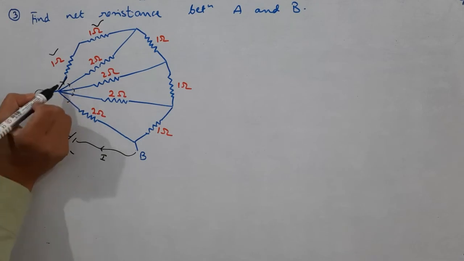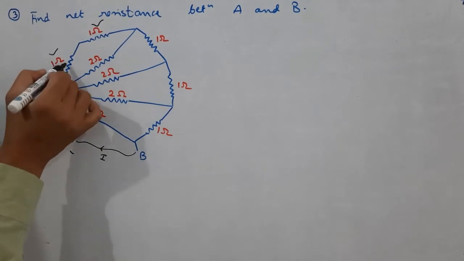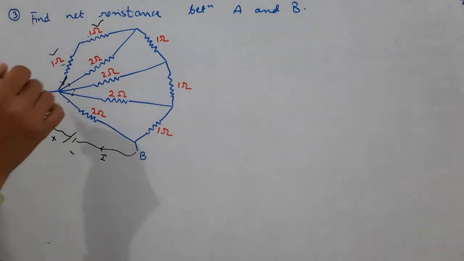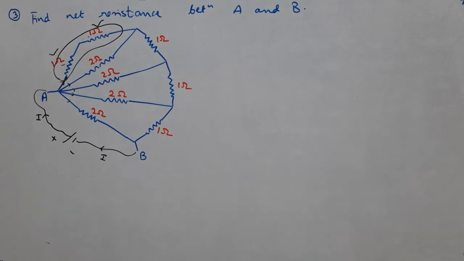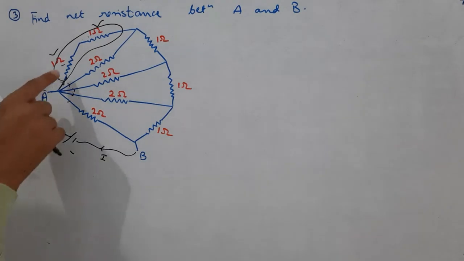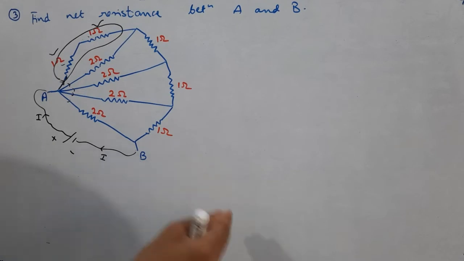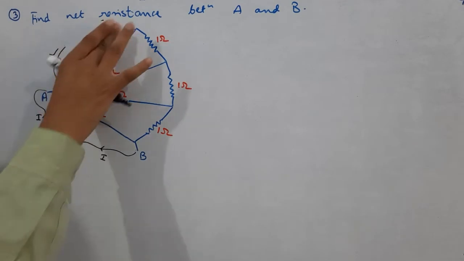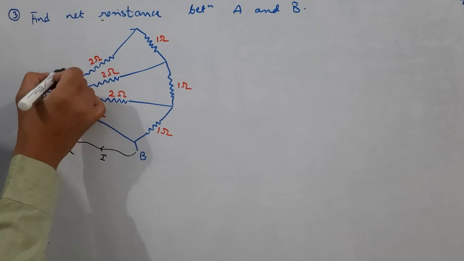But one thing is for sure, whatever current flows through this arm, same current has to flow through this arm. That means current in these 2 resistors will be the same. That's why these 2 are in series, because there is no alternative path. There is only one path, you can see. And I have discussed earlier, that is the best way to identify whether the resistors are in series or not. So if this 1 ohm and 1 ohm are in series, students, in your notebook you will redraw the figures step by step. I am drawing in the same figure. So 1 and 1 in series, that means it will become how much? 2 ohm. 1 plus 1, or you can say 1 into 2.